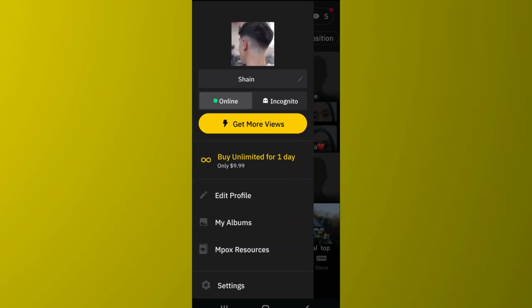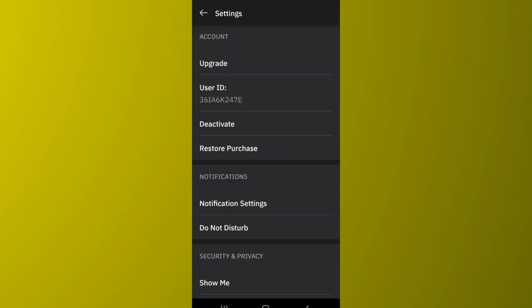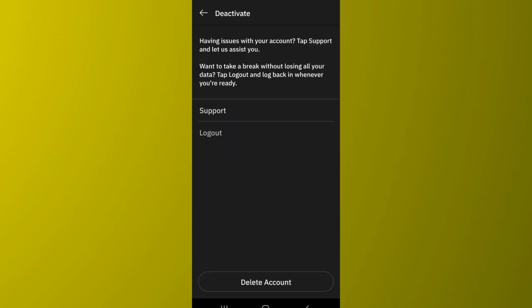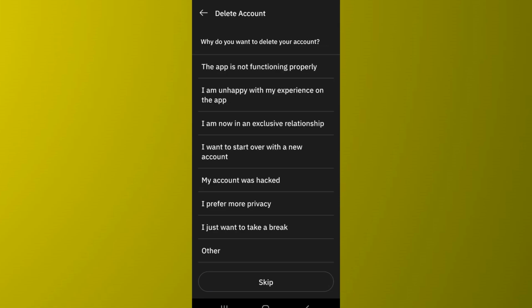Then after, go to settings from the bottom. As you enter settings, you'll find the deactivate option under account section. Tap on it. Then after, you'll get the option to delete your account at the bottom. Tap on delete account. Furthermore, you can select the reason why you are trying to delete your account or simply